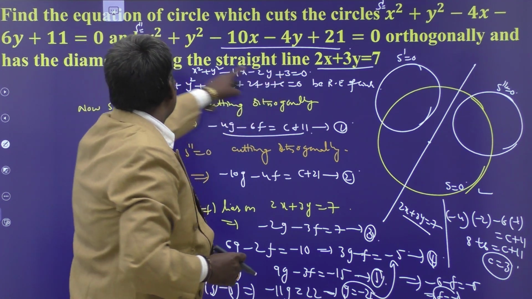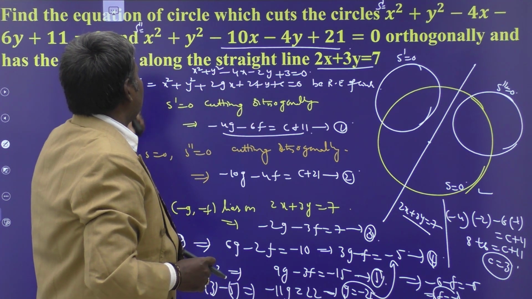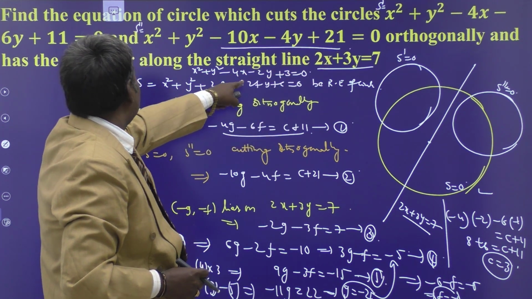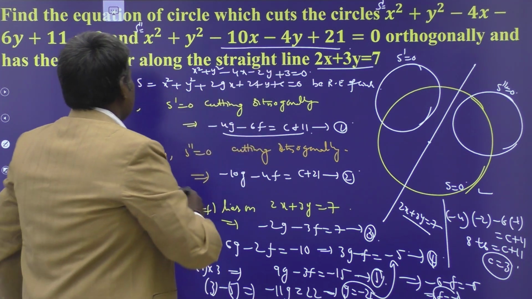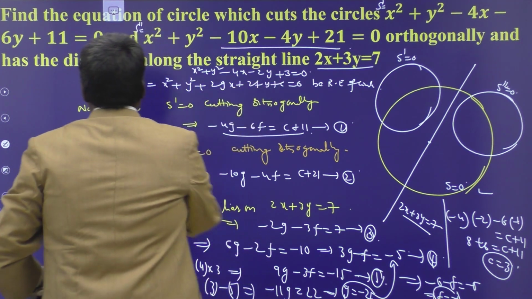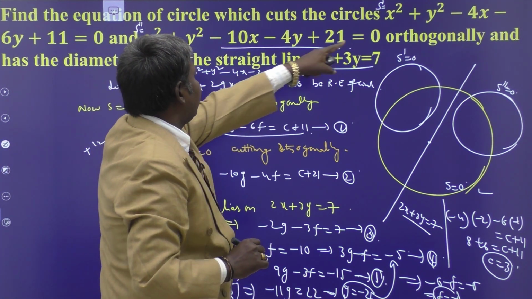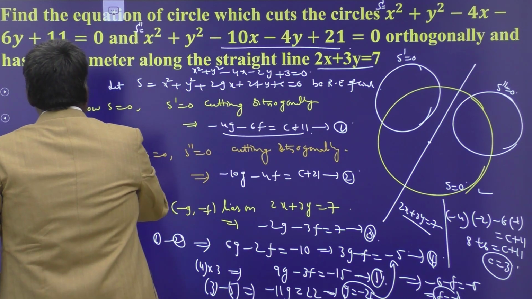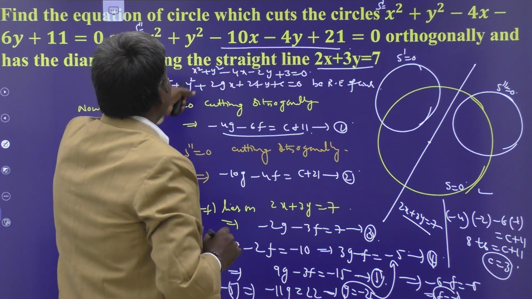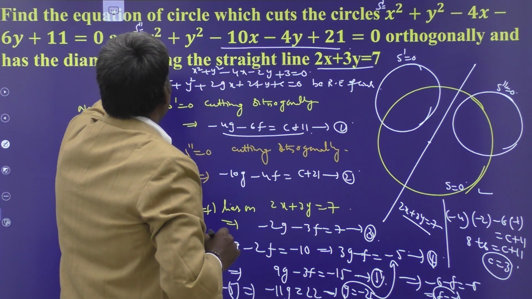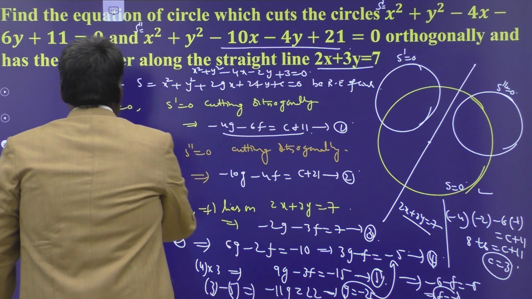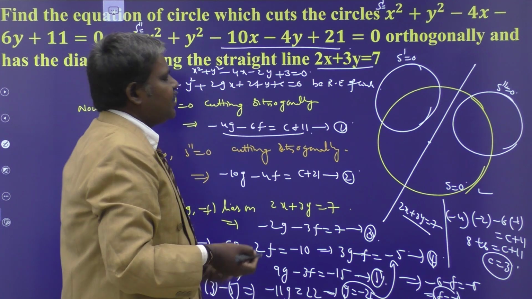What is the sum of constants? 3 plus 11, that is 14. 14 2s are 28. So again product of x coefficients, 4 4s are 16, and minus 2 into minus 6, that is plus 12, product is plus 12 here, and minus 4 into plus 4, that is 16. This is also 28, and 2 times the sum of constants is also the same thing here. What is the sum of the constants here? 11 plus 3, 14, 14 2s are 28. So by verification itself it is satisfied.